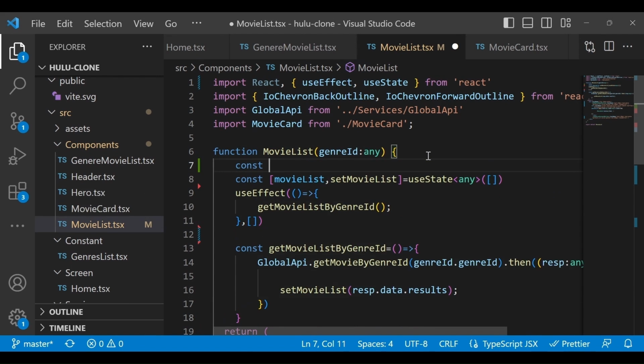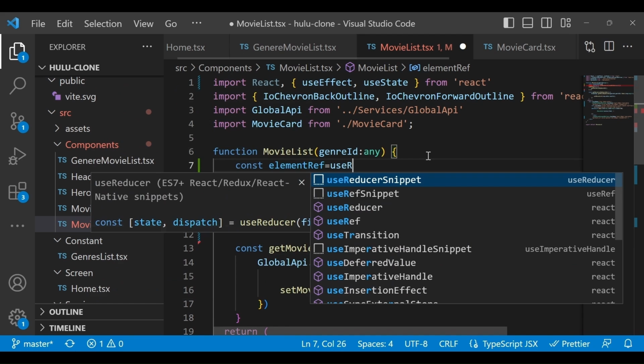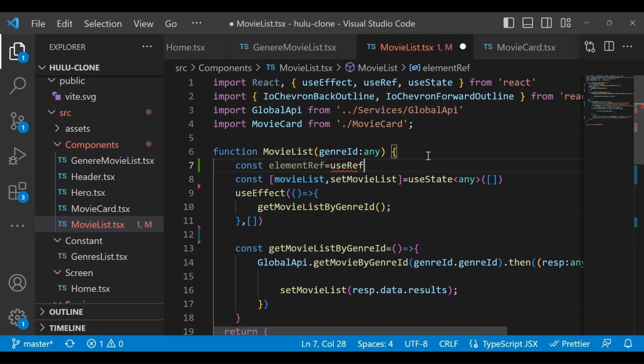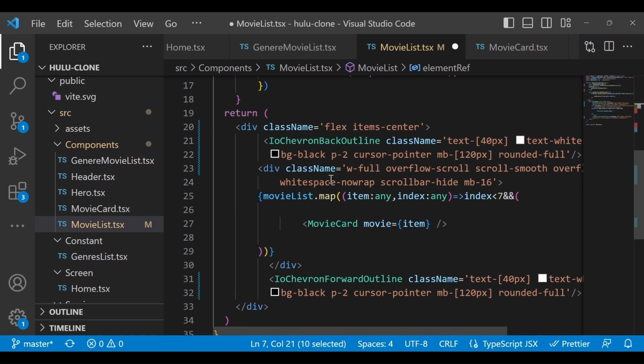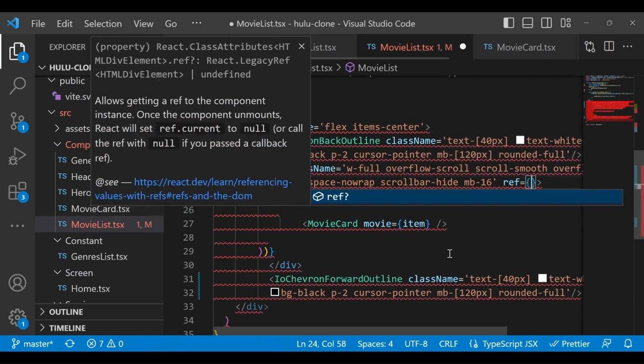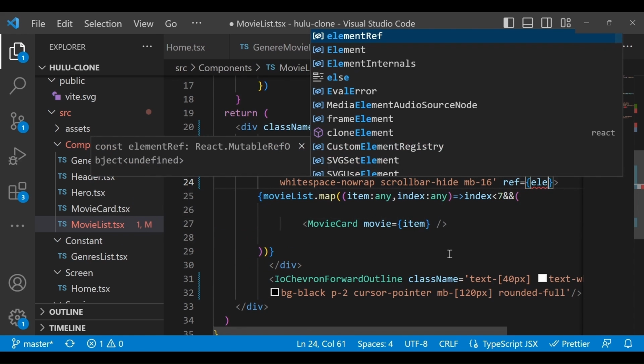So let's define one constant here, the element reference, which is equal to useRef. Okay, so this is a React inbuilt hook, so it will pass us the reference of this particular element, right? And in this class name, you need to define the reference. Okay, so just define ref is equal to, and you have to pass the element reference.